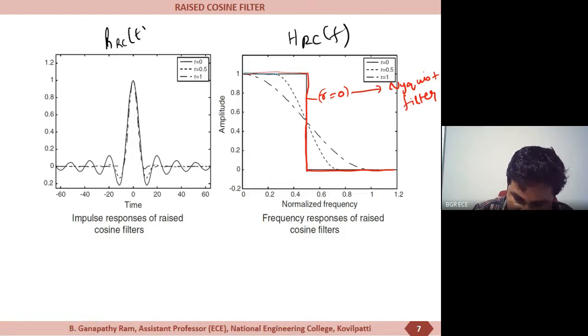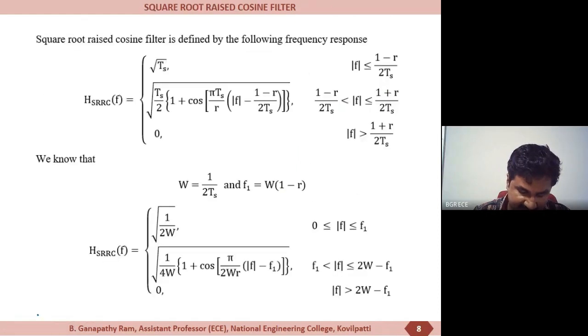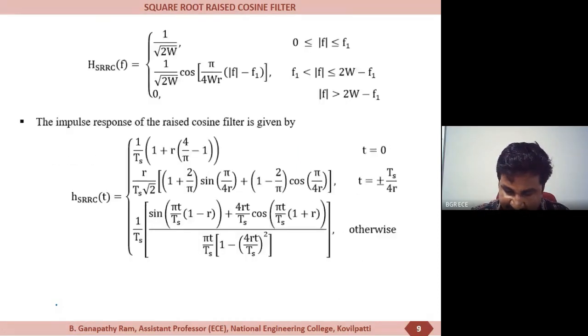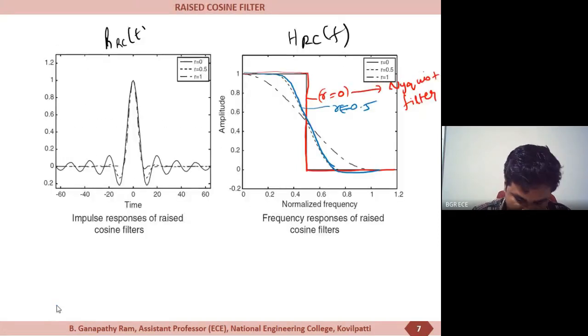And the blue color line determines the roll-off factor of 0.5, and the green color represents the roll-off factor of 1, which requires